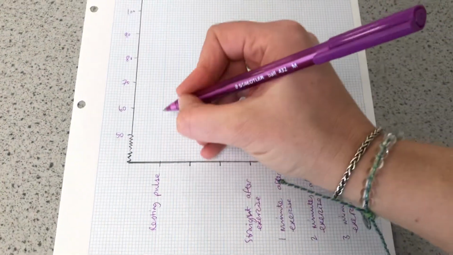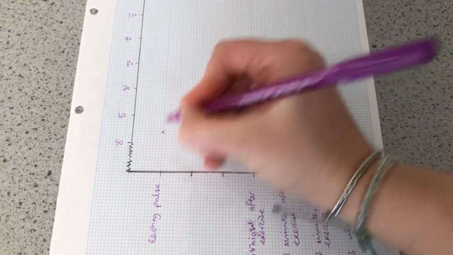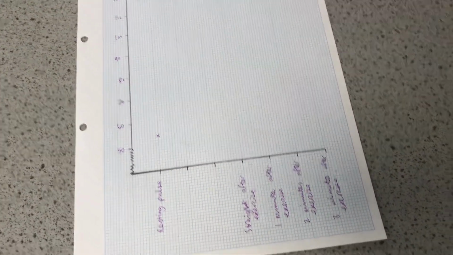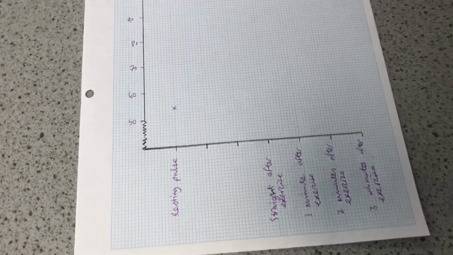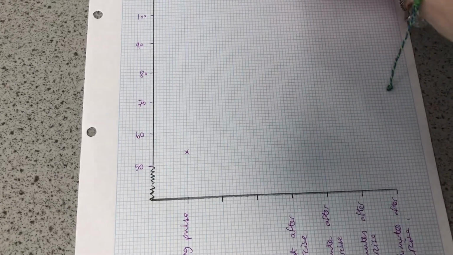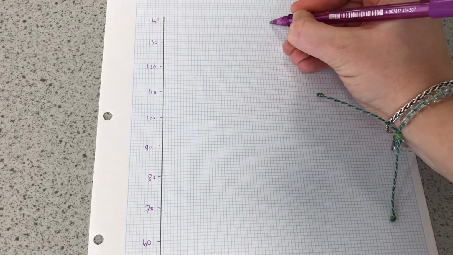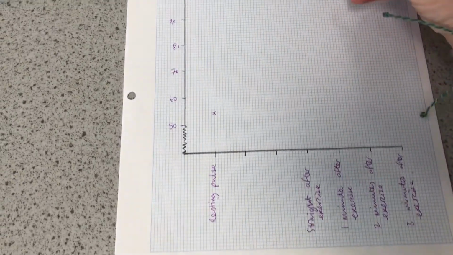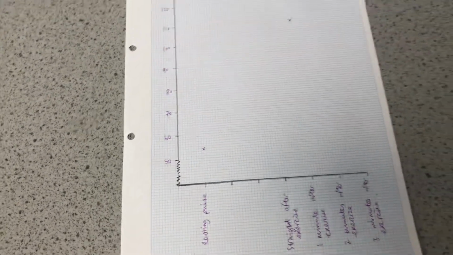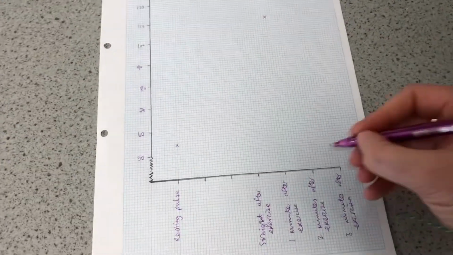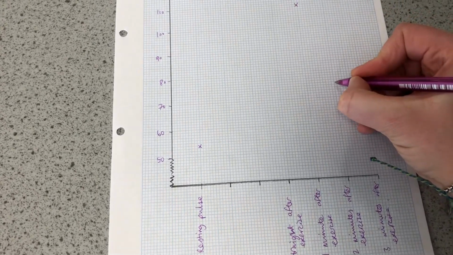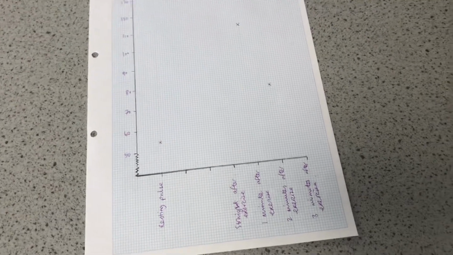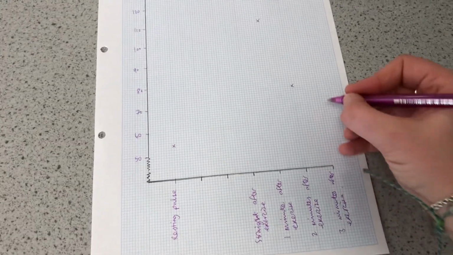Okay, so resting pulse, 54. That's what it was for me. You're plotting your results. Straight after exercise, I was all the way up here, got to make sure I'm in the right place, 138. Then I dropped a minute later to 110. Then I was on 76. Make sure you're plotting accurately, getting them exactly in the right spot. And then I went to